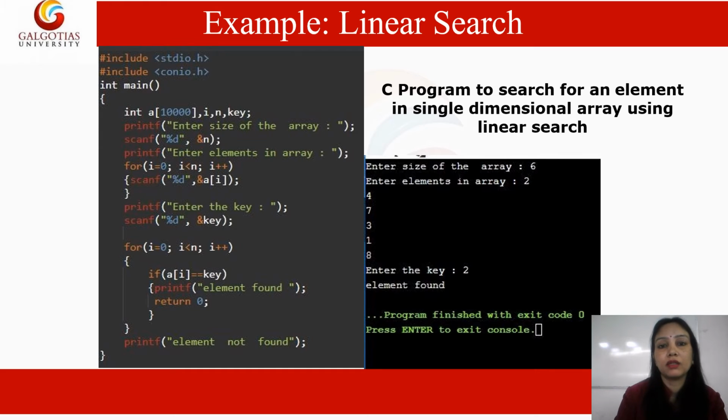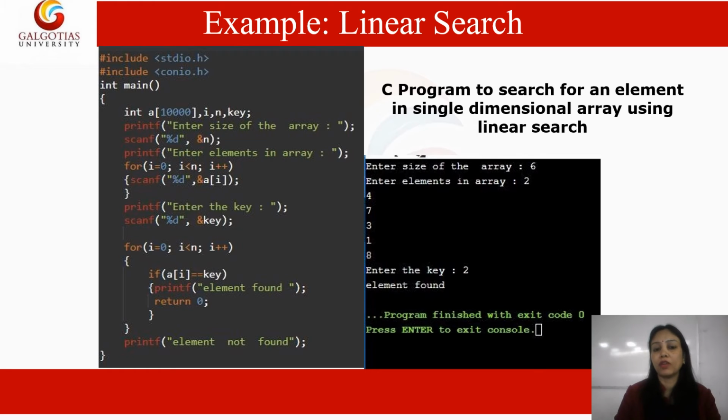After that we have entered the element which we want to search, and we store that element in a variable key, and after that you have to take one more for loop, and in this you have to compare your key,